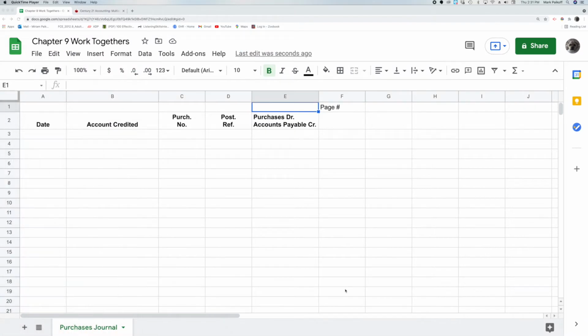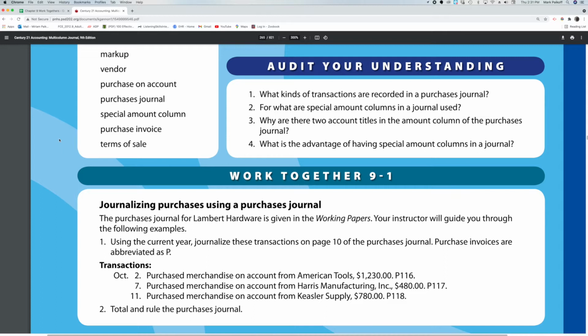Alrighty, so now we're going to be moving on to the 9-1 work together, in which we will be journalizing purchases using a purchases journal. So the first thing that we're going to do is put in the page number for this purchases journal, which is going to be page number 10. Now that we have put in the page number for this purchases journal, we are now ready to move on to the transactions. So this first transaction reads, on October 2nd, purchased merchandise on account from American Tools,